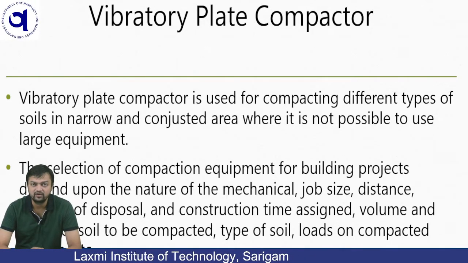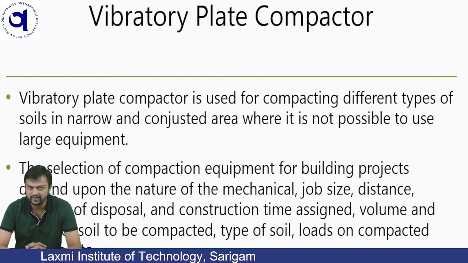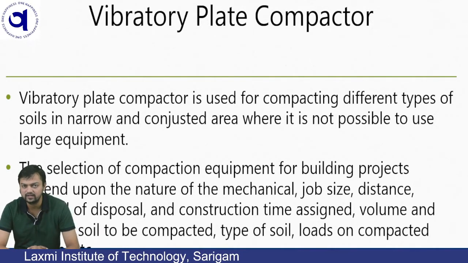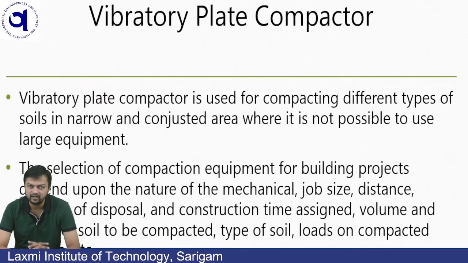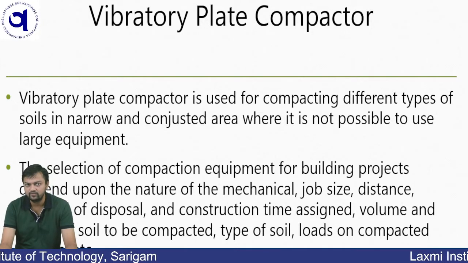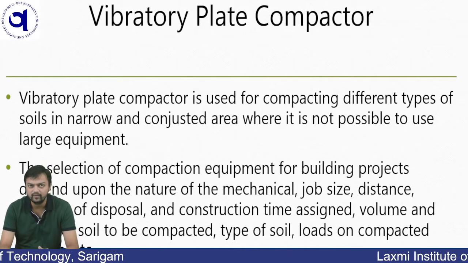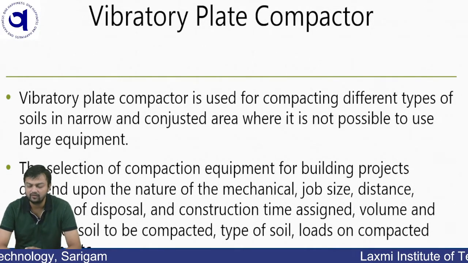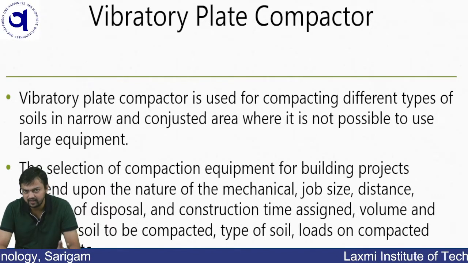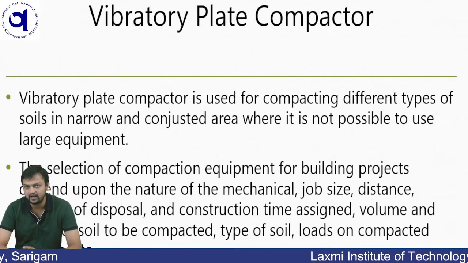We also saw the tower crane, in which a crane is mounted on a tower, and the tower occupies a smaller space. In cities we don't have a larger space to operate, so we set up the tower on a small space with the crane mounted on it, and we can lift material from the ground level to the 10th floor, because the tower won't occupy more space. Likewise, the advantage of the vibratory plate compactor is that it occupies a very small space and we can compact the area easily and smoothly.